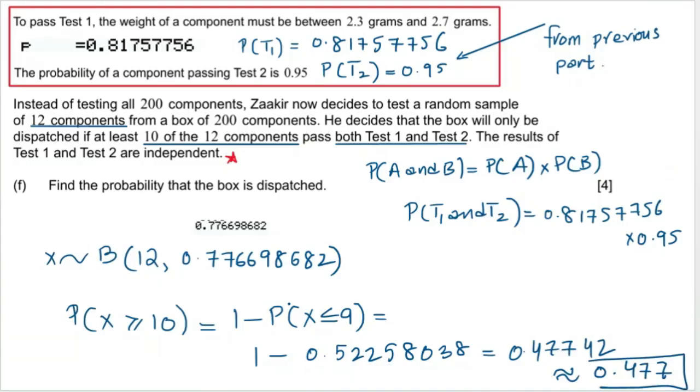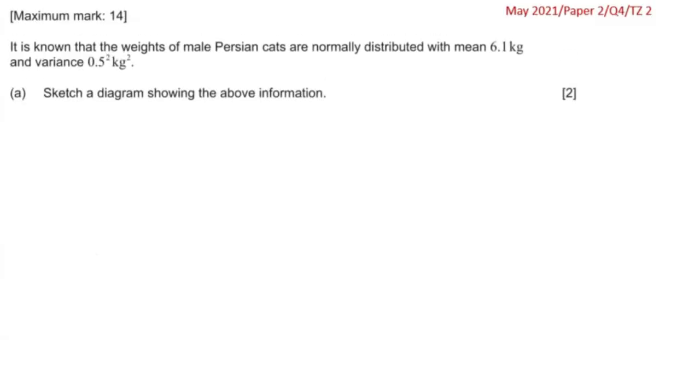Let's quickly take a look at another question. So this one is from May 2021, paper 2, time zone 2. So it would be wise to solve these questions with me. You can pause the video, try the question on your own, and then you can come back and check my work. It is known that the weights of male Persian cats are normally distributed with mean 6.1 and variance 0.5